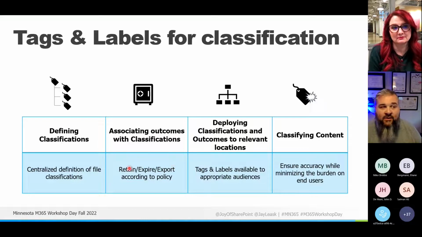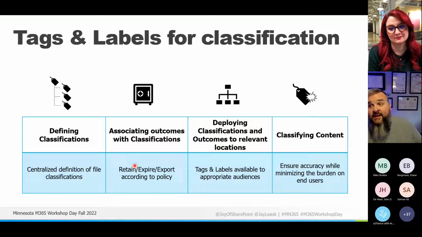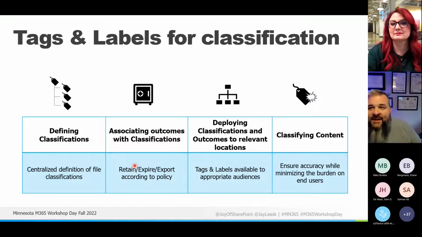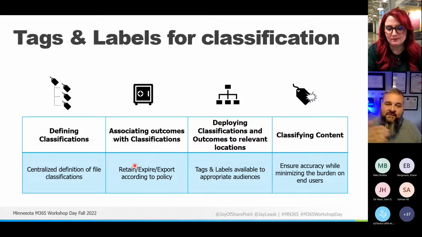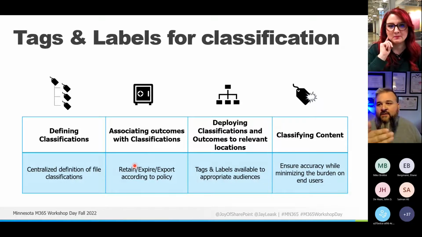On the record side, I need to keep it for 7 years. I need to export it to NARA after 25 years. On the sensitivity side, only senior level executives should be able to see this information. We can share this information with anyone with an NDA. Those are different outcomes. Therefore, they should have different classifications, different taxonomy that goes with it.